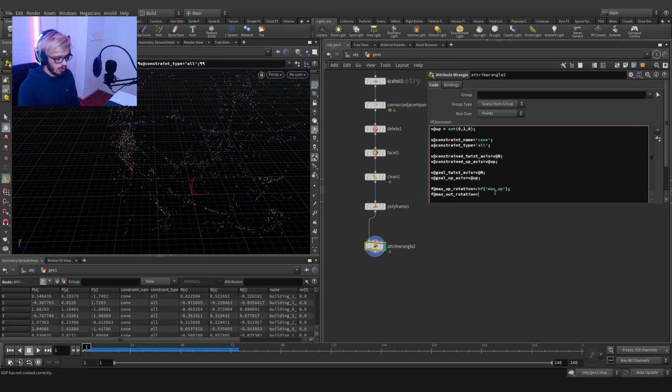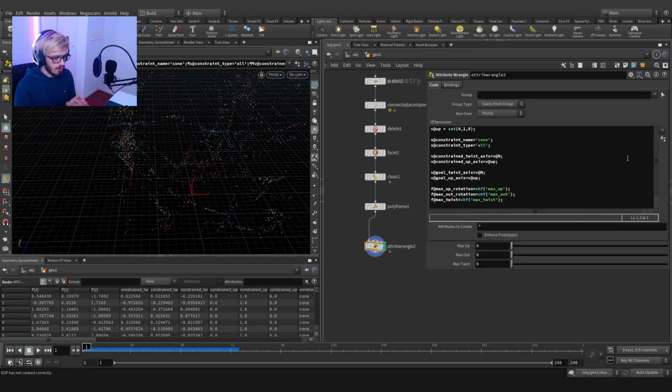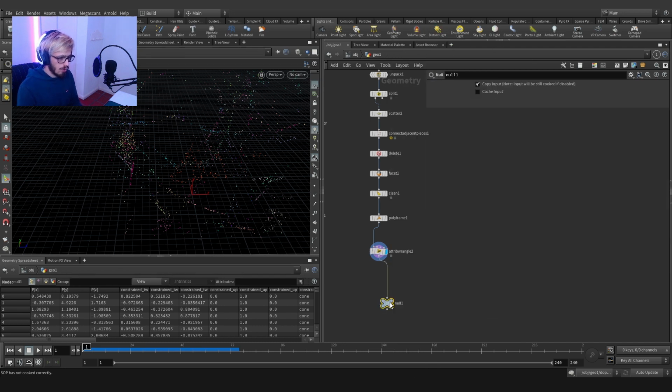rotation. That will be set to CHF to max out, and we will have one last thing set to max twist. CHF max twist, and we should be set up here. We will have this. Let's play with 20, 20, and 20 just to begin with, and let's create a node that has